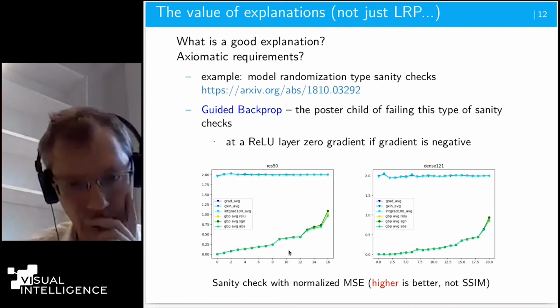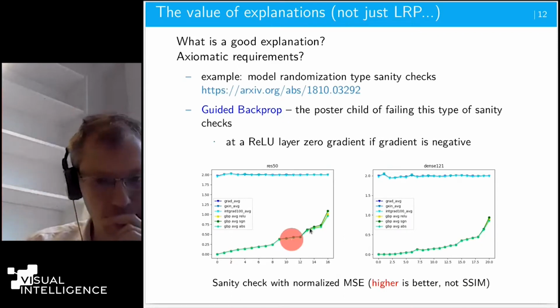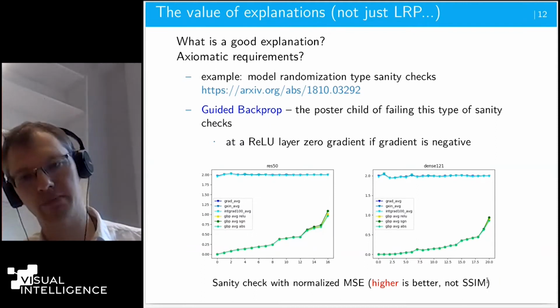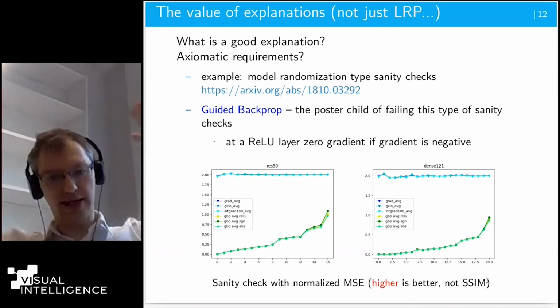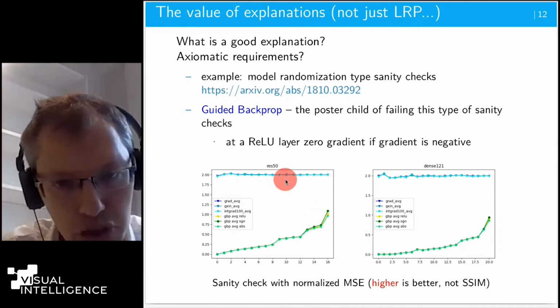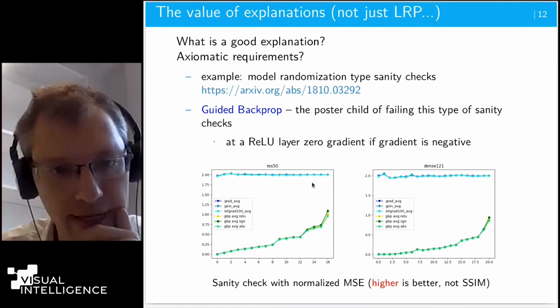And indeed, if I measure the sanity checks, here I don't measure them with SSIM, I measure them with normalized MSE. So in the sense of model randomization type sanity checks, higher is better. Green is guided backprop, and these bluish colors are gradient methods.